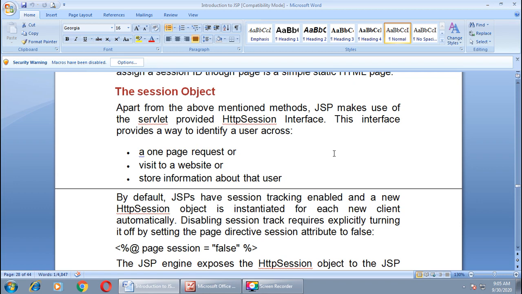Whenever the client starts accessing a website, it instantiates a new HTTP session automatically. If you want to disable session tracking, then you have to explicitly give a command. You can do it by setting the page directive session attribute to false. By default it always remains true. Here you can set the value of session to false.